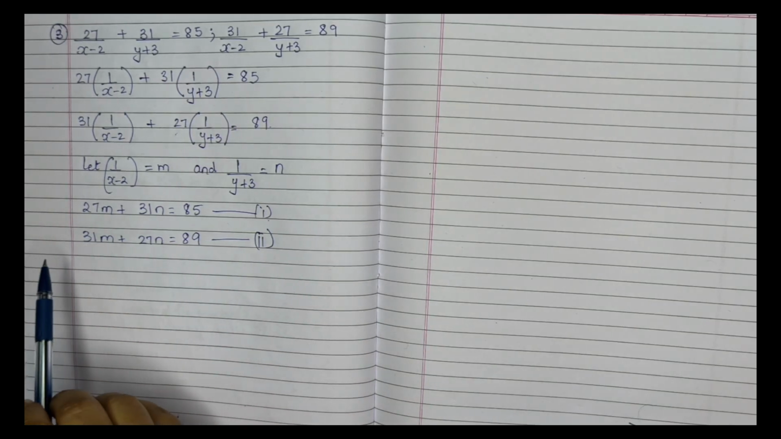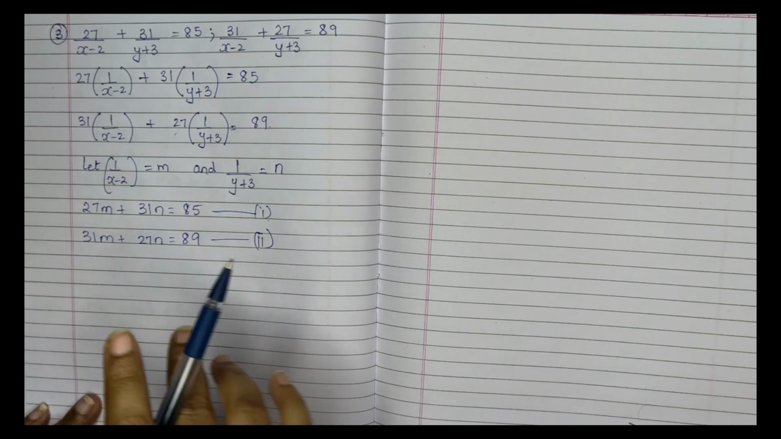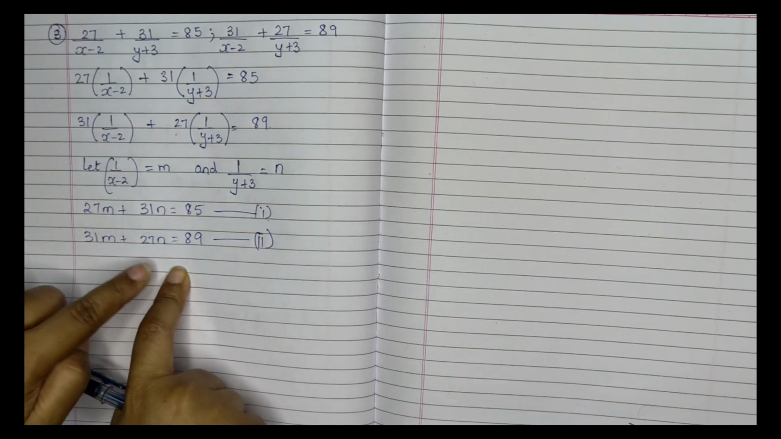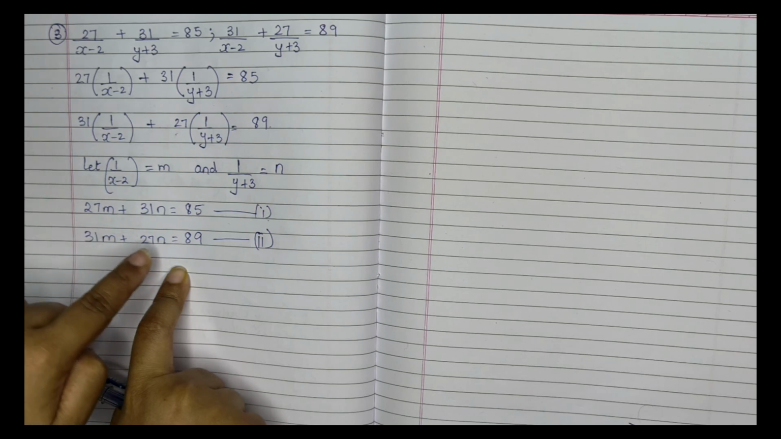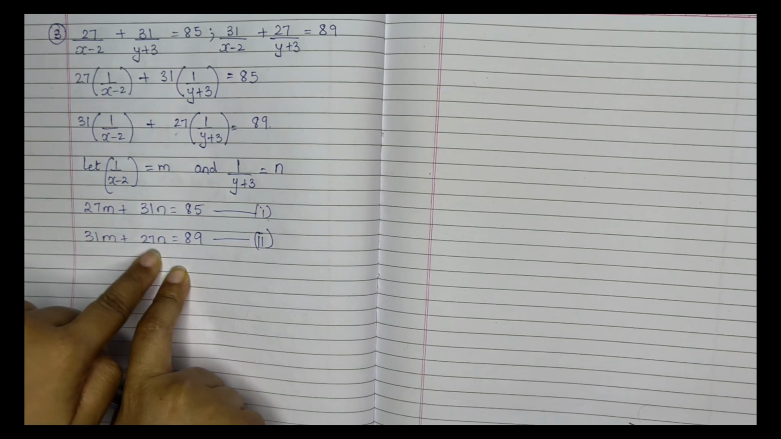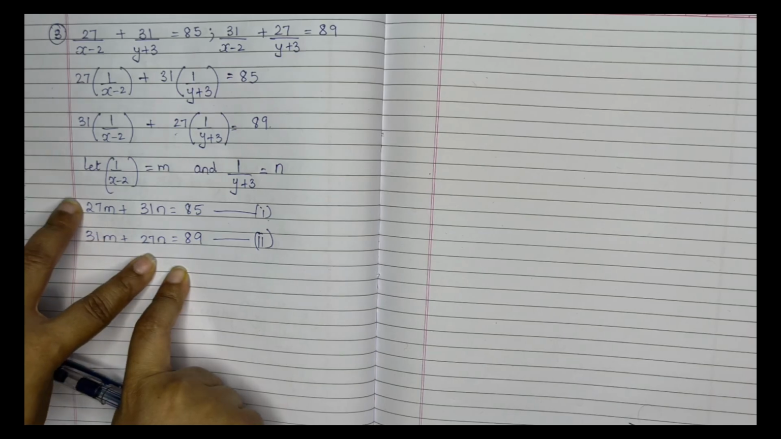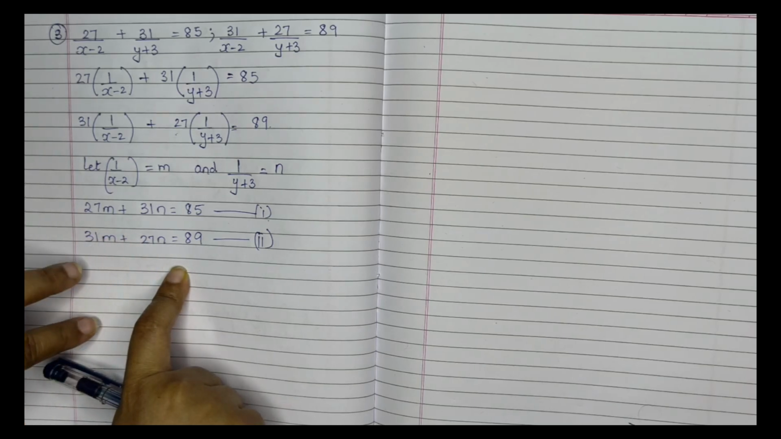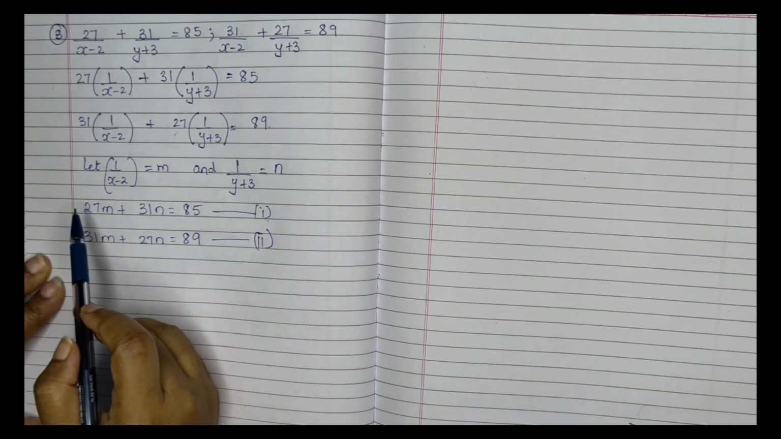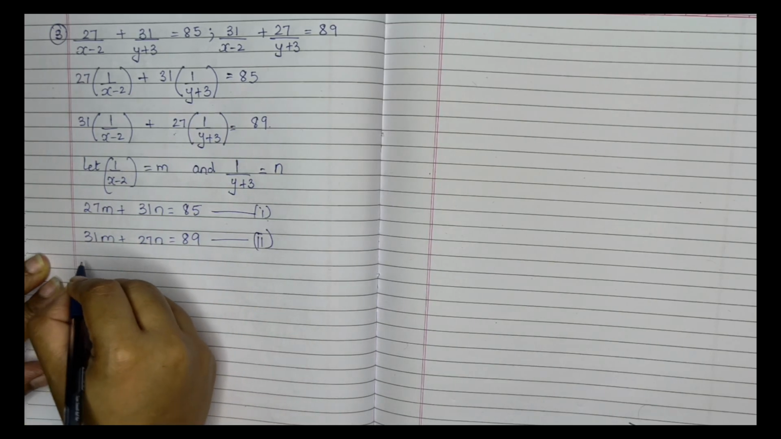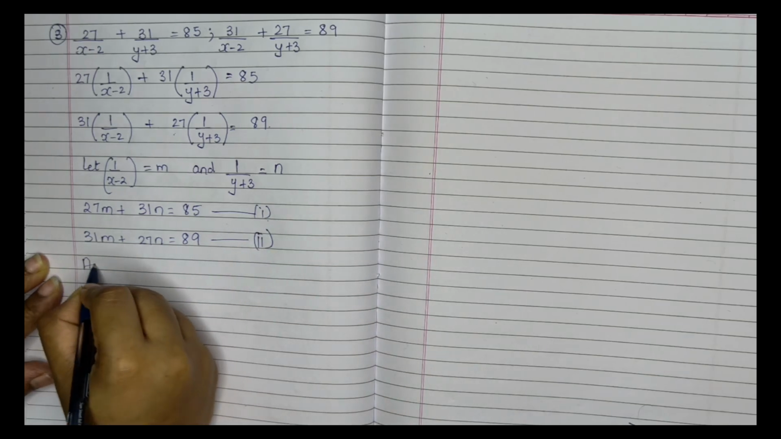Now look at both these equations. As we had done in practice 1.1, here the coefficients are interchanged. Coefficient of m is 27, here the coefficient of n is 27. Here of n is 31, here of m is 31. When the coefficients are interchanged, we will first add the equations and then we will subtract the equations. Adding equation 1 and 2,